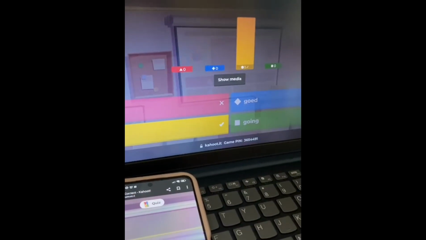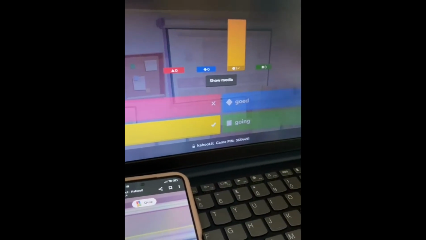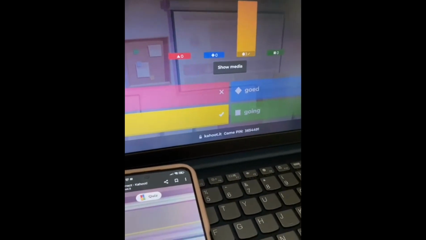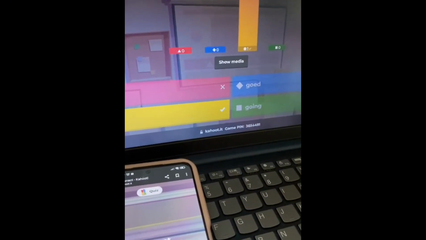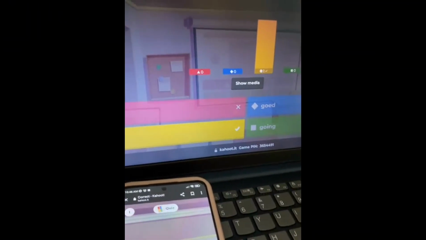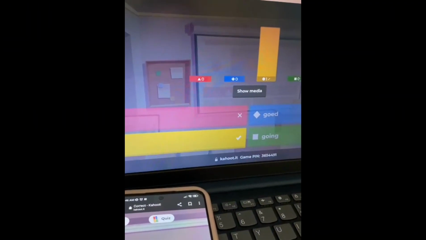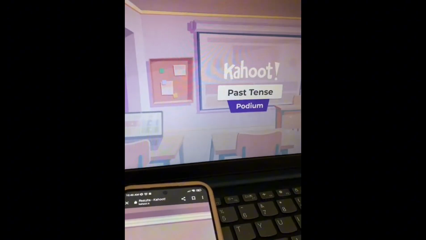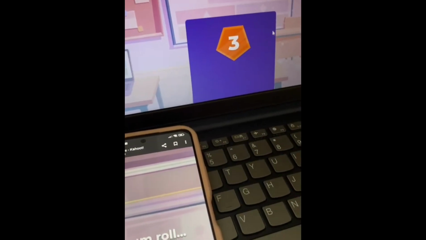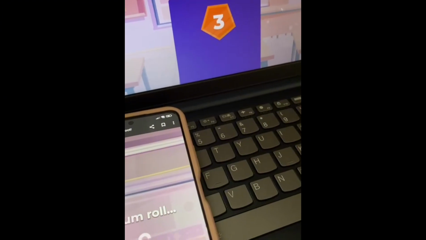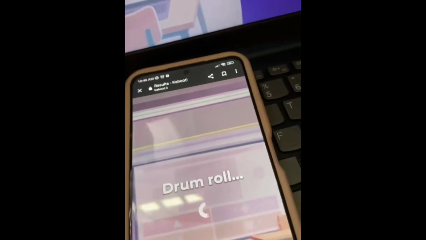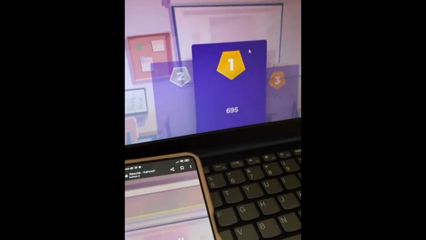and Kahoot gives points based on both accuracy and speed. So the faster they answer correctly, the higher their score. Because I play alone, of course, I am the winner.